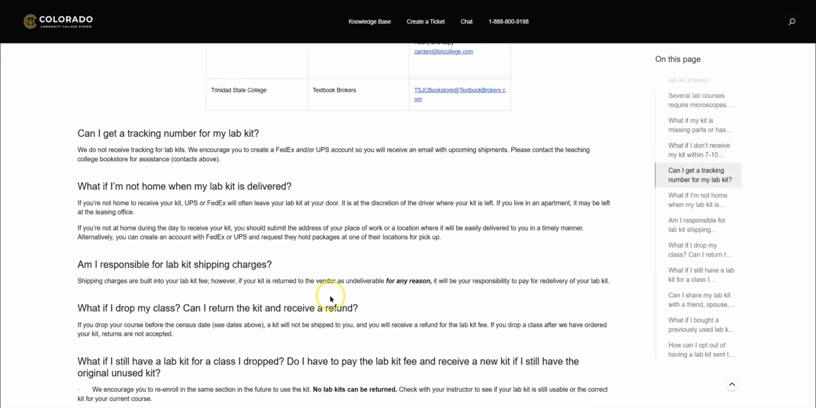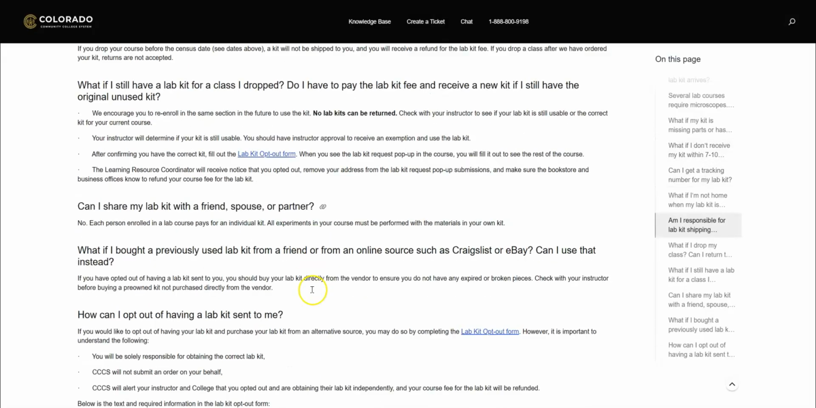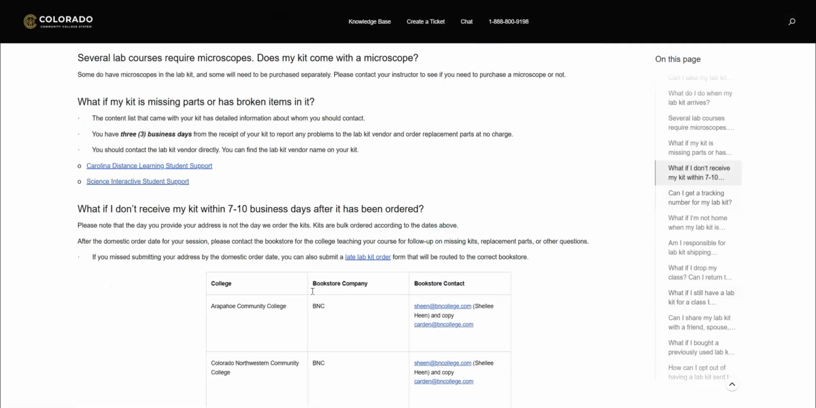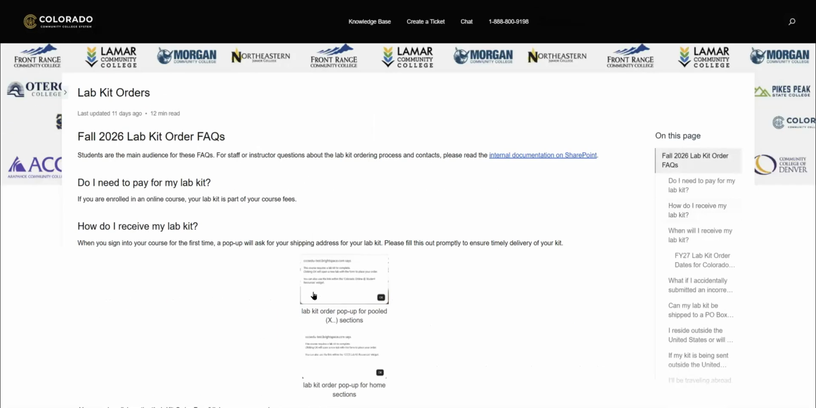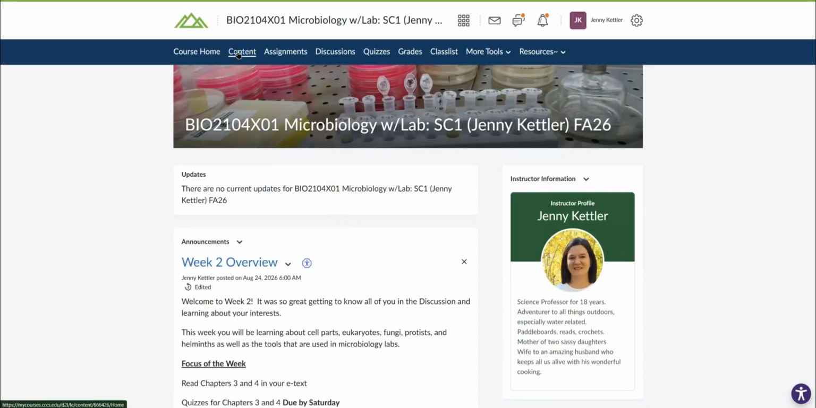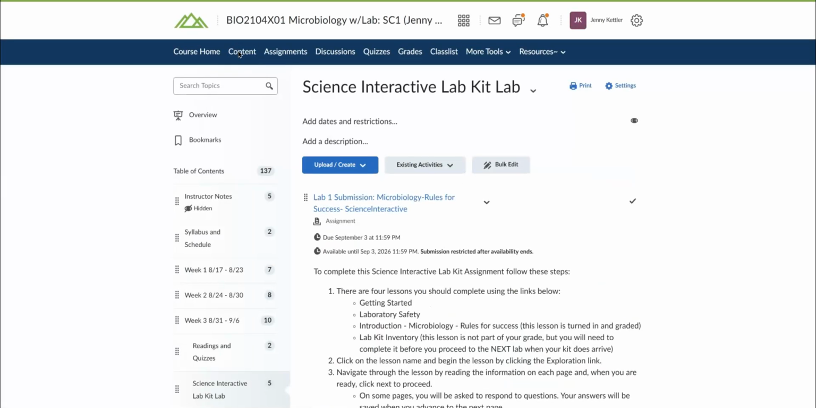Make sure that you read through this really, really well so that you fully understand the lab kit process. If you have any kind of technical issues or things going wrong with your email or with D2L or anything like that, you can always call this number or the IT help desk for your school. They're there 24/7. So that's the lab kit information. If you go to content,